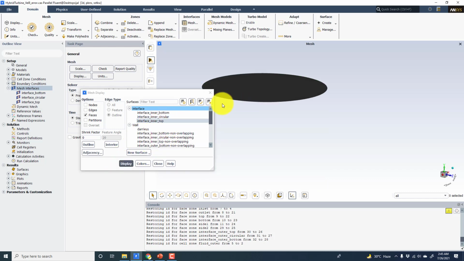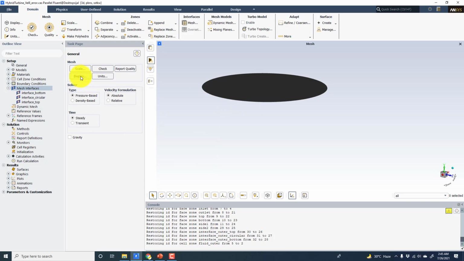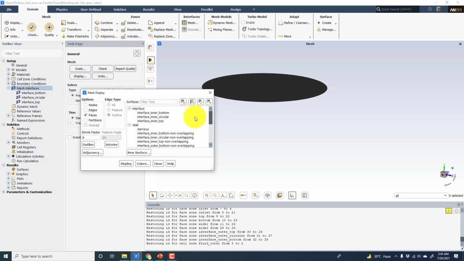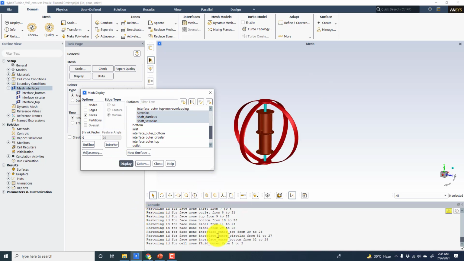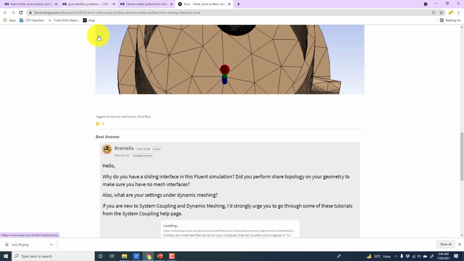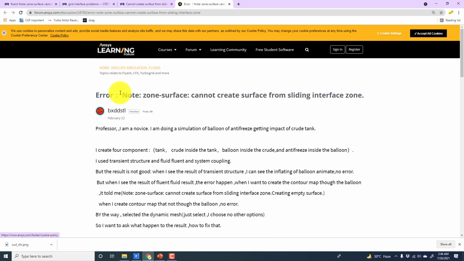Okay, so now if I display any geometry like I was doing previously, for example the geometry for the Darrieus turbine and also the two shafts and the Savonius turbine, and click on Display, I don't get any error or warning like we were getting previously. You can see here the error we were getting was: no zone surface, cannot create surface from sliding interface zone. Now this has solved the problem.